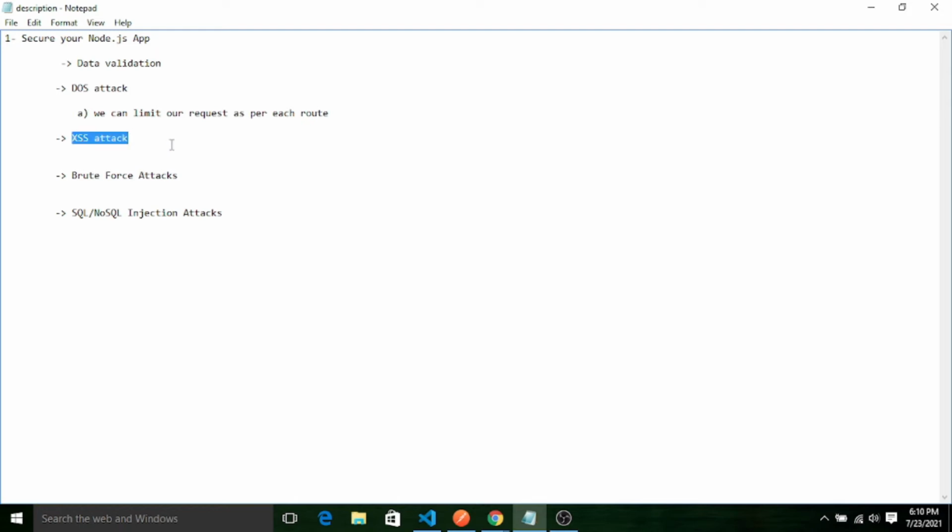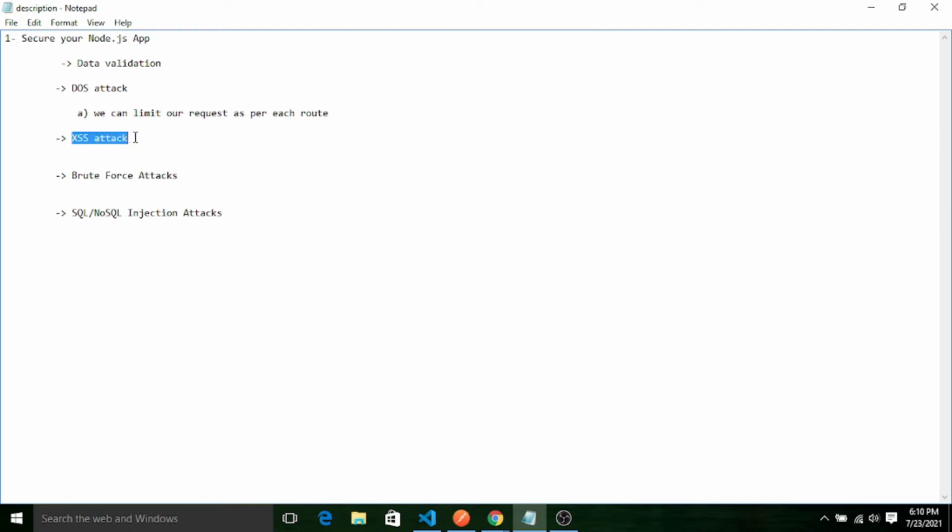If you have already watched my previous video, in it I showed you how we integrate a JWT token in our Node.js application. So there is one more security feature we have to implement when we are integrating a JWT token with a Node.js application. Otherwise it may also create this kind of attack.